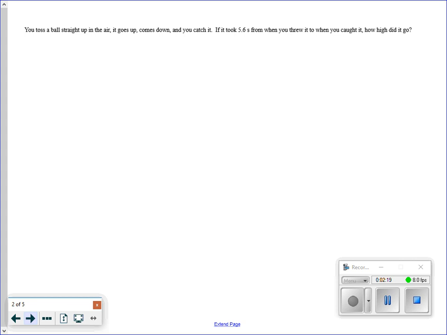Now we're going to move into one that's a little trickier. So you toss a ball straight up into the air, and you're going to catch it at the same height, and you've got a total time, and you're looking for the altitude. How high does it go? Okay, so first again, let's start with a graph. This is one of our special scenarios